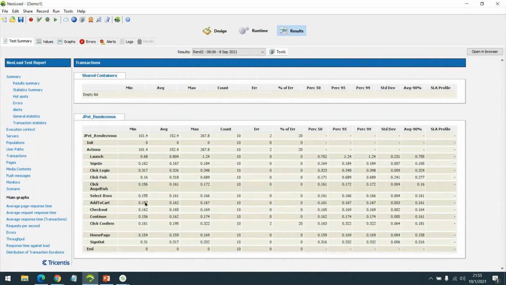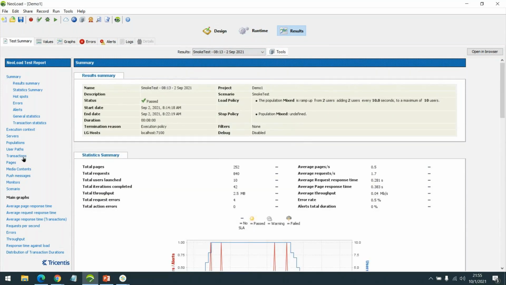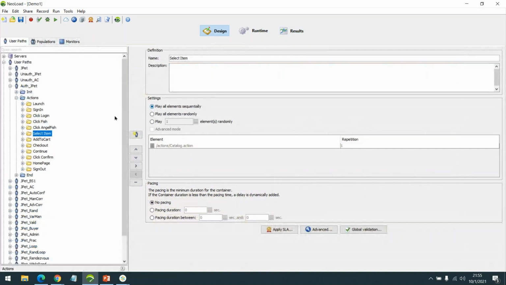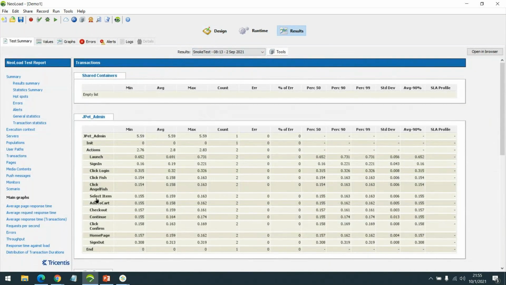For example, let me switch to a different execution. You were asking, so let's say select item is the transaction of interest. We can easily see the select items 98 percentile is around 1.163.